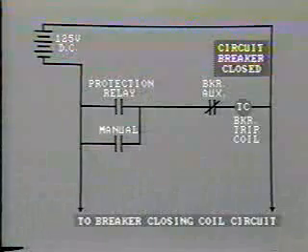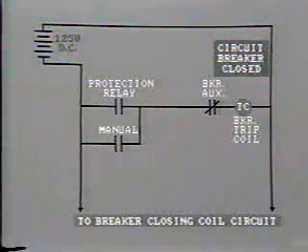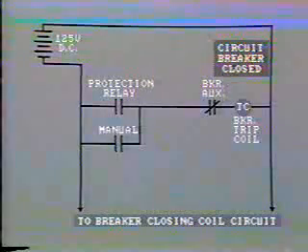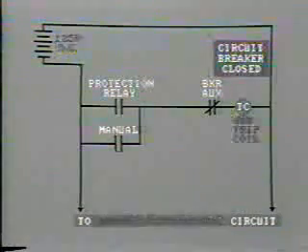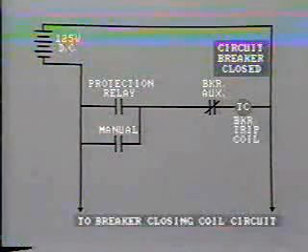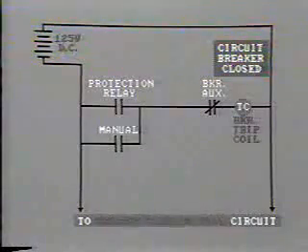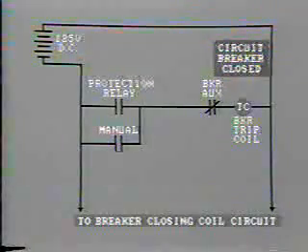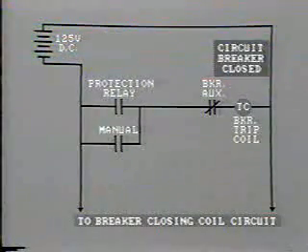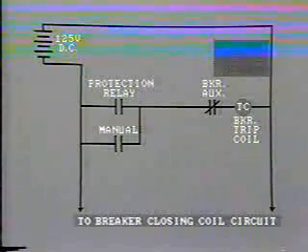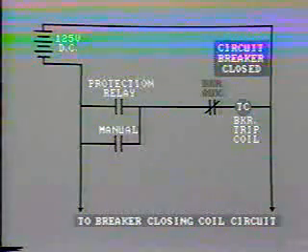Let's look at this tripping circuit. A 125 volt DC system is provided for operation of the breakers. The circuit breaker closing and tripping coils are energized by 125 volt DC from the station battery, as this provides a continuous and reliable power supply. When the circuit breaker is closed, the elementary tripping circuit will look like this. These auxiliary contacts are closed,